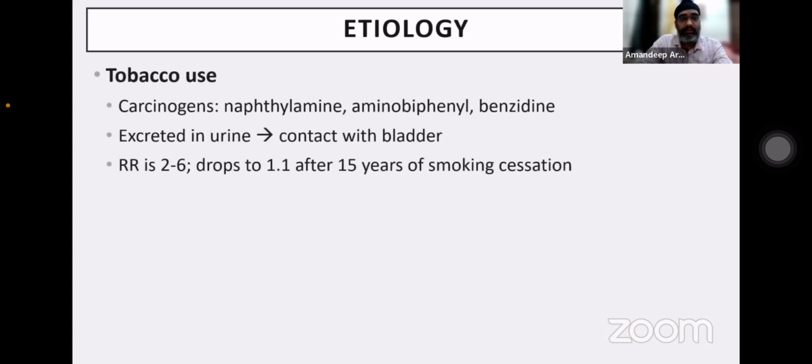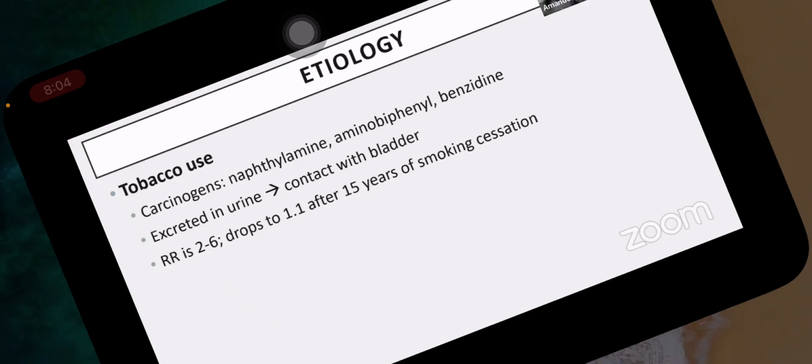Coming to etiology, tobacco use is the most common and the most important etiology for bladder cancer. The carcinogens are these three compounds. When they're excreted in urine, they remain in contact with the bladder, they irritate the bladder, and they cause those changes which culminate in bladder cancer. The relative risk for patients who are chronic tobacco users is 2 to 6 compared to the general population who does not use tobacco. And after a 15-year period of smoking cessation, the risk drops down to almost the risk